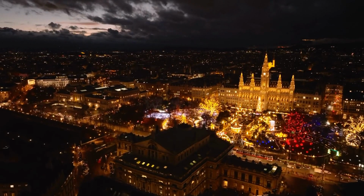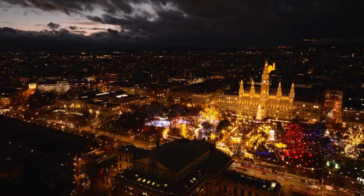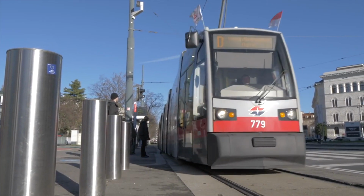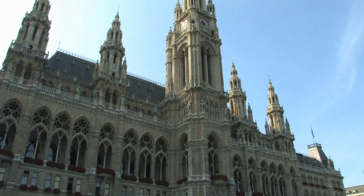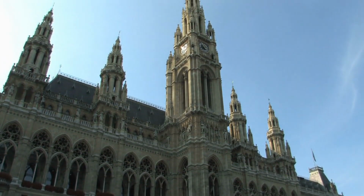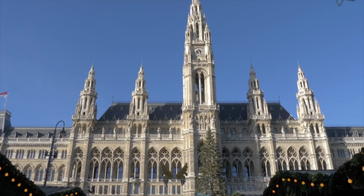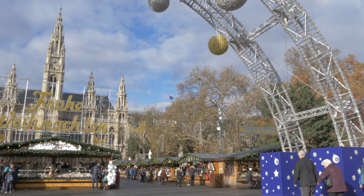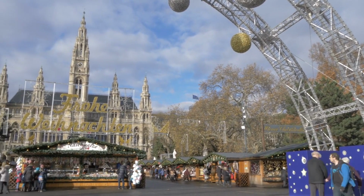Continue your exploration with a visit to Vienna City Hall, an architectural masterpiece that serves as the seat of the city's government. Admire the neo-Gothic facade and intricate sculptures adorning the building's exterior, then venture inside to explore its ornate halls and chambers. Don't miss the chance to stroll through the adjacent Rathauspark, a tranquil oasis in the heart of